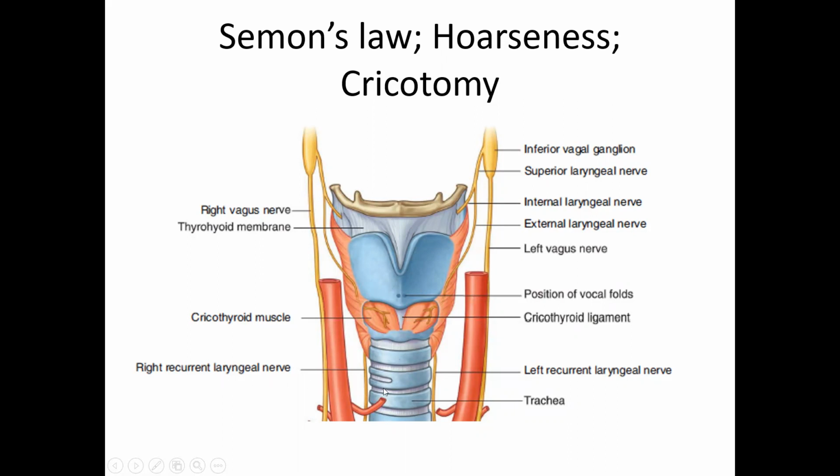But if the recurrent laryngeal nerve is damaged completely, abductors and adductors both go into paralysis, so usually there is no voice. What happens is, if one recurrent laryngeal nerve is damaged, the other vocal cord, which is normal, crosses the midline to come close to the paralyzed cord so that some voice can be produced.